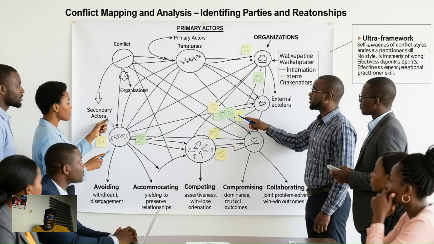Just like I said, an effective conflict resolution is a product of insightful analysis. So, in conclusion, understanding the root causes and dynamics of conflict is essential for effective conflict management and resolution. By recognizing the root causes of conflict, the stages of escalation and de-escalation, and the different conflict styles, individuals can develop strategies to address and resolve disputes constructively. Conflict mapping and analysis provide valuable insights into the complexities of conflict, enabling practitioners to develop tailored resolution approaches.